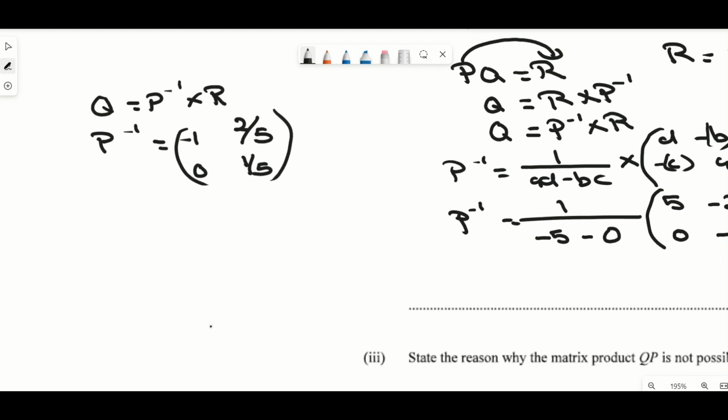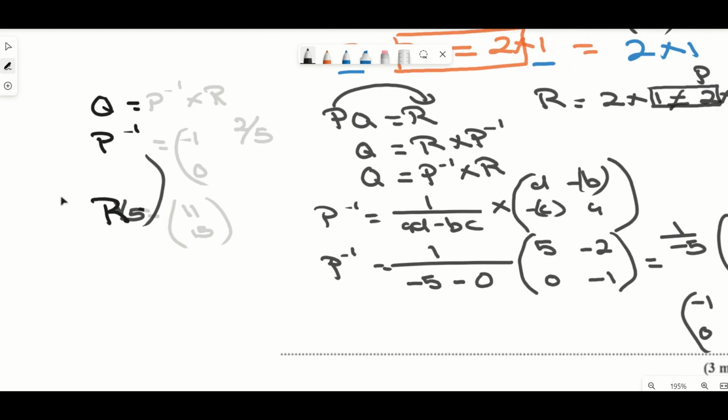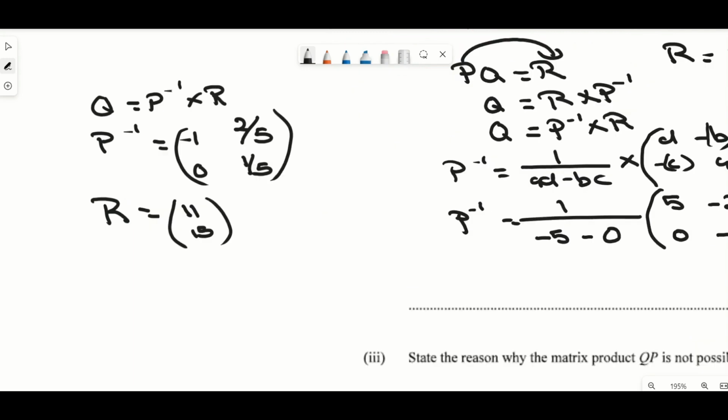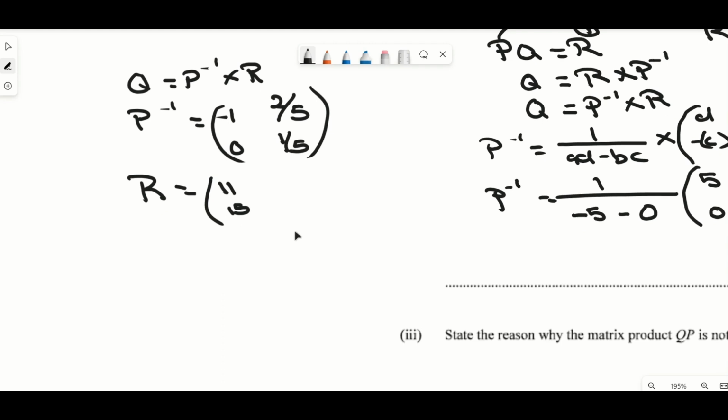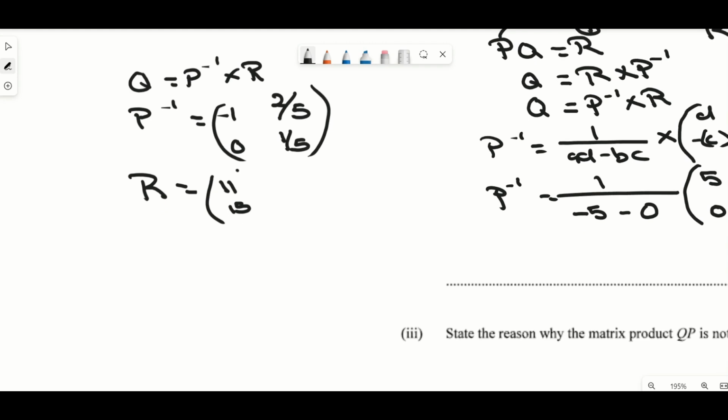And R, if I am not incorrect, is equal to 11 and 15. Let's just make sure R is 11 and 15. So we're going to multiply the two. Remember, it's P inverse multiplied by R, okay? So it's minus 1, 2 over 5, 0, 1 over 5